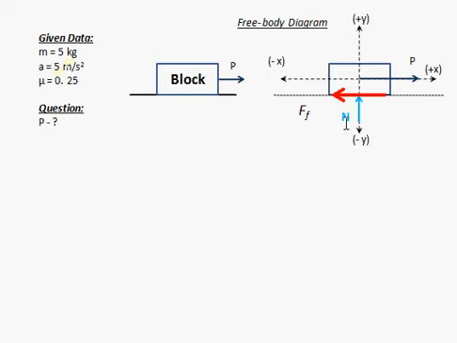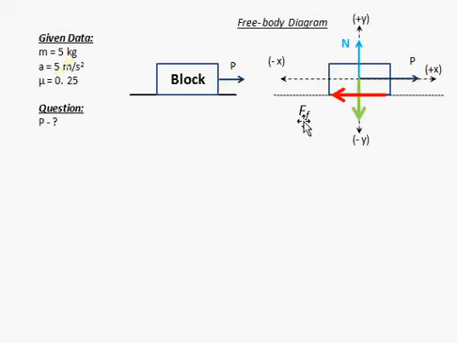Next, normal force. This normal force will not allow the block to get down. That is the function of the normal force. However, this normal force will be acting 90 degrees to the surface by which it is created. Here the floor is creating this normal force and it will be 90 degrees to that surface, that is perpendicular. Anyhow, since it is acting towards the center of the coordinate system, we can take it from the center point of the coordinate system so that it moves away like this.